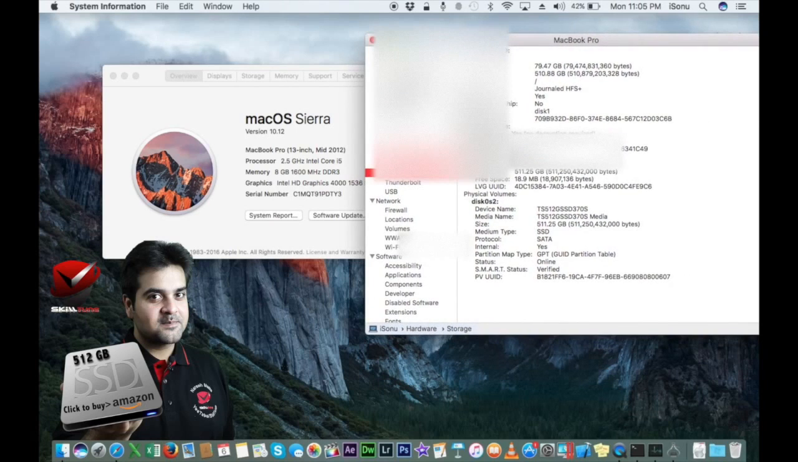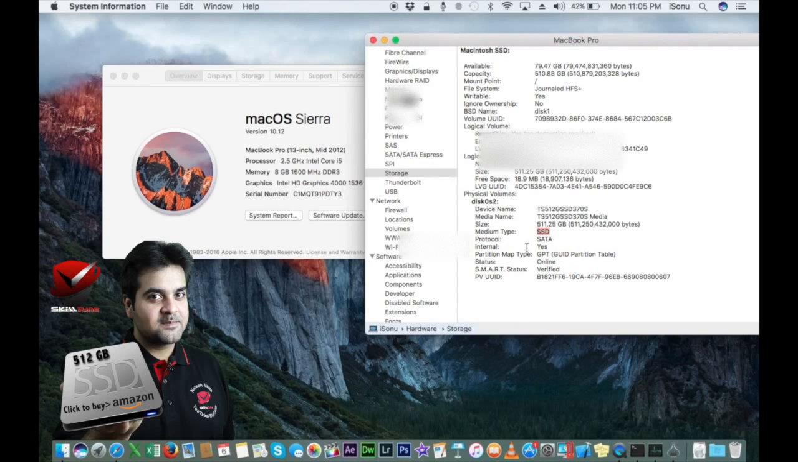Again, I would just like to give you a heads up that this is also customized hardware. As I mentioned, my 8 gig RAM is customized. I have installed it myself, and if you notice the medium type here, it's SSD, a solid state drive, 512 gig, which I've installed. If you want to upgrade your Mac, I'm going to leave the description below. I bought this from Amazon, and it's really